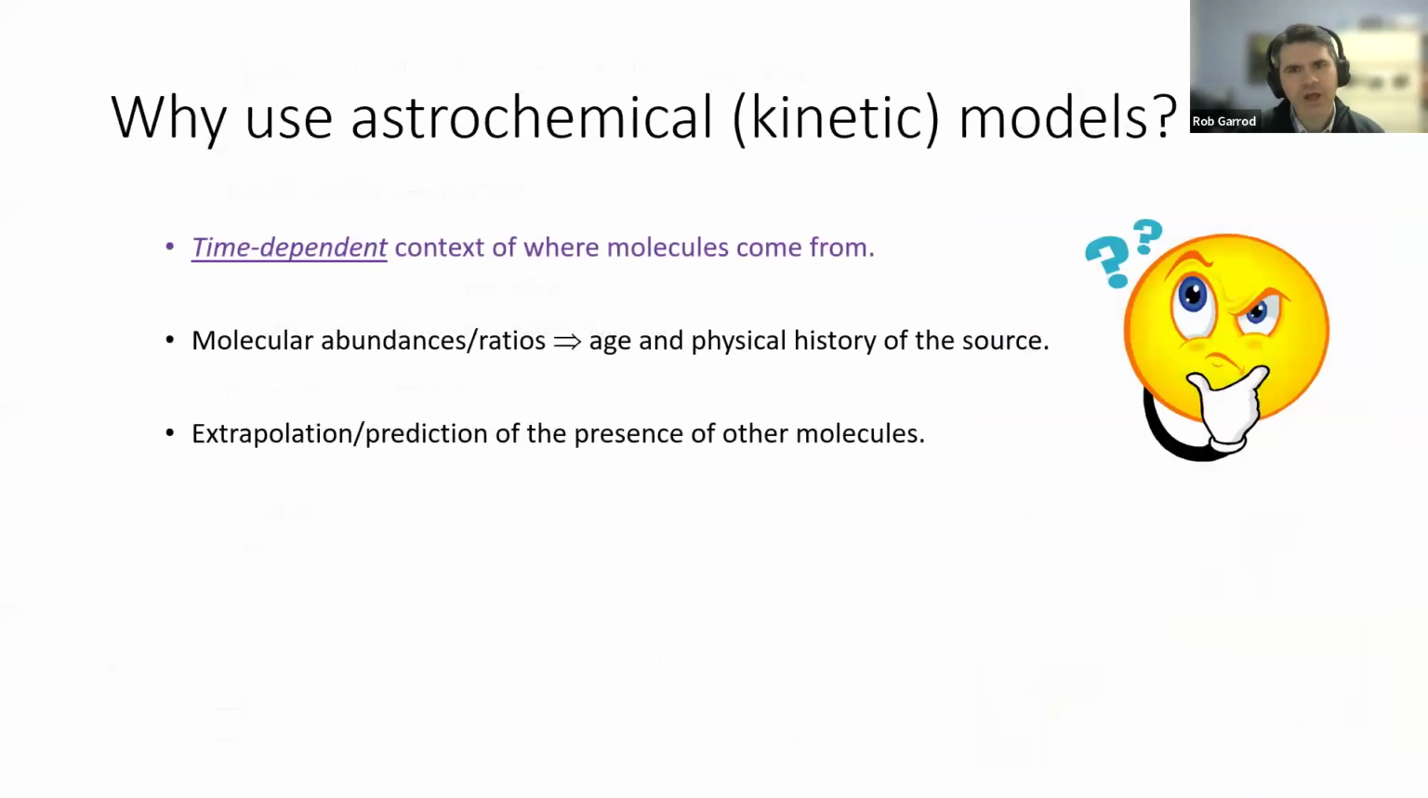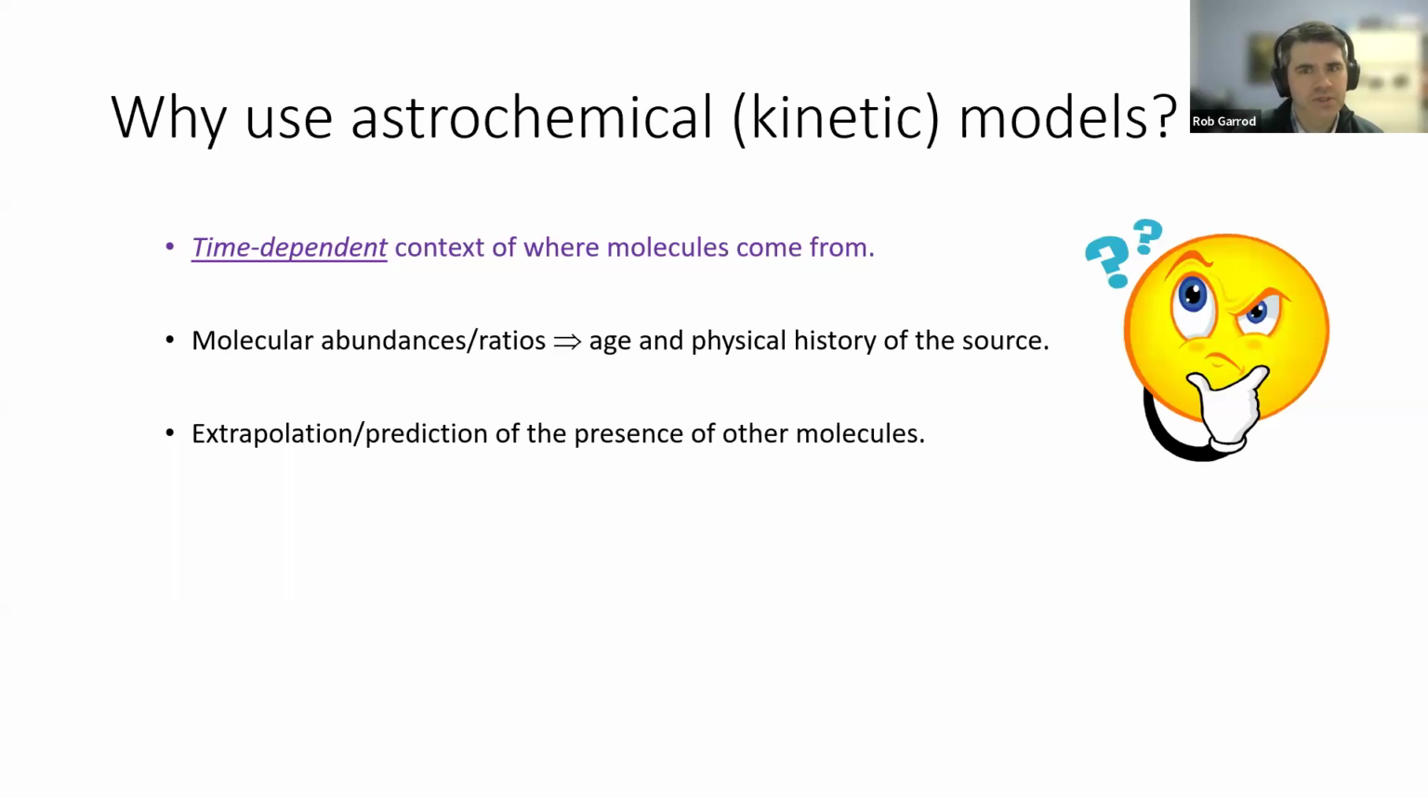All right, so why would we use astrochemical kinetic models? And I think often in this field, we don't always distinguish that we're talking about kinetics models. So when you hear the word astrochemical modeling, we're usually talking about kinetics models. That is to say, rate-based, time-dependent calculations. So these kinds of models then tell us the time-dependent context of where molecules come from. They tell us also molecular ratios or abundances,